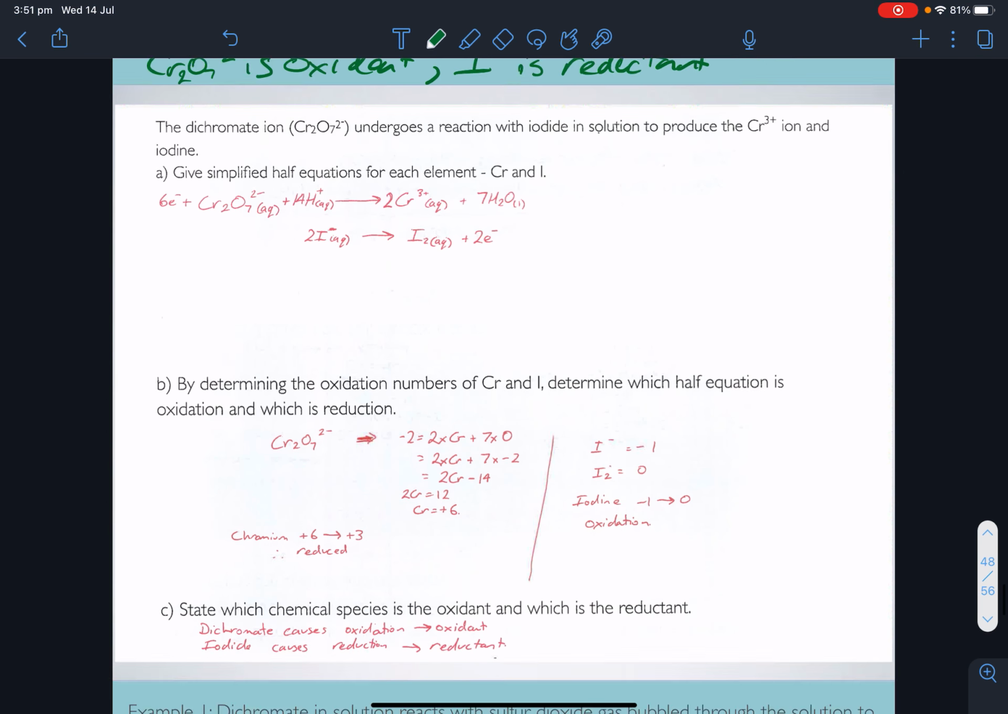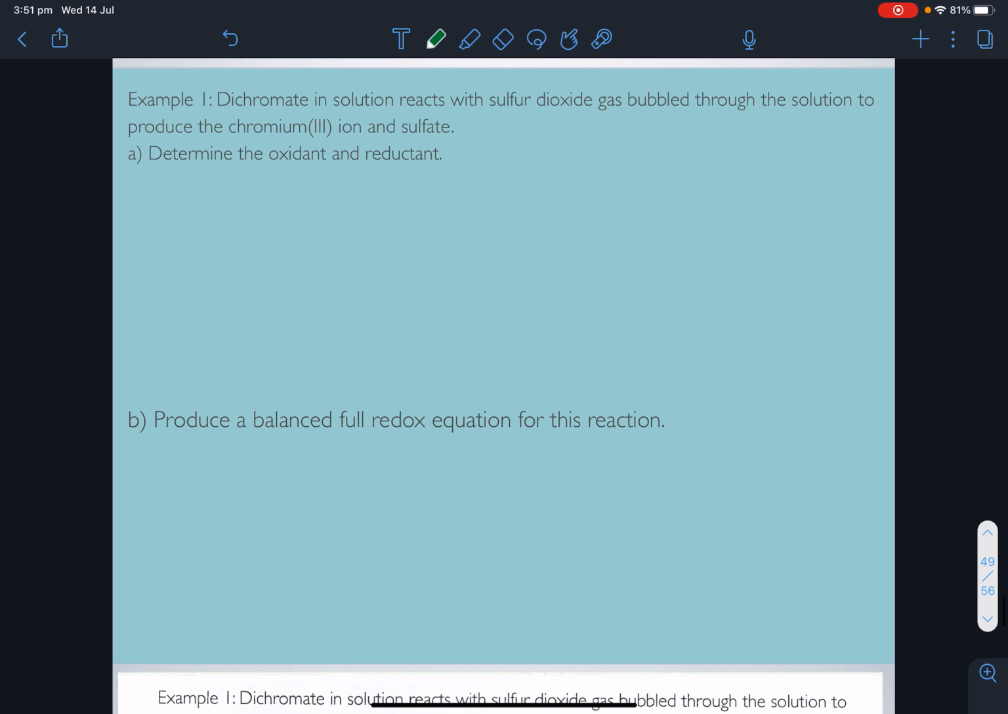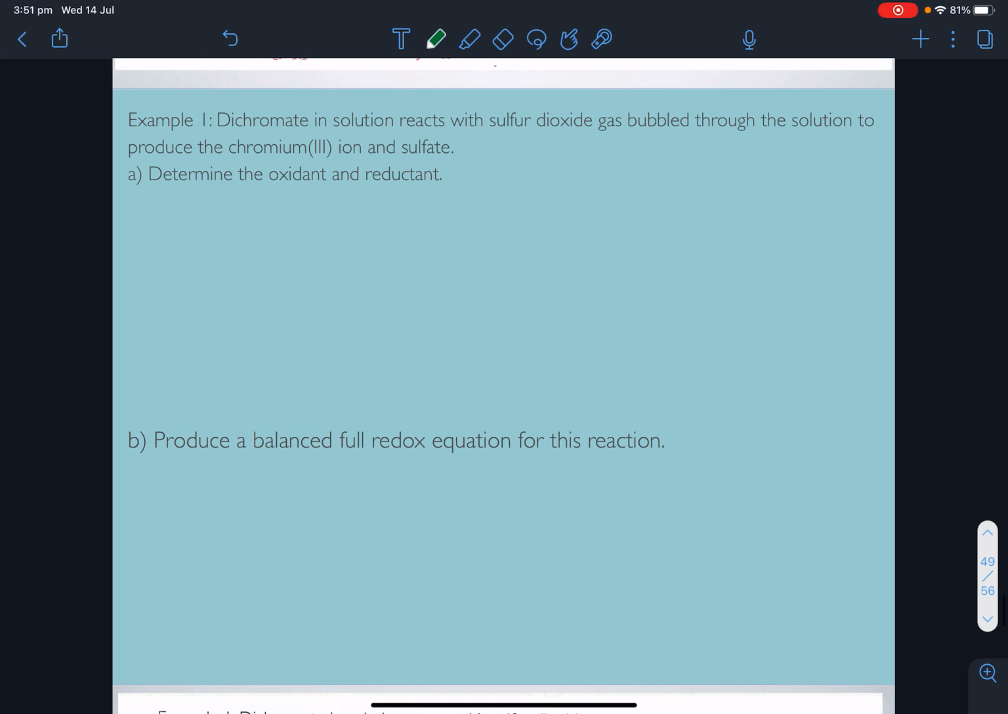Oh, look. There's my previous working. Okay. Let's scribble on here. Let's do this one. Dichromate in solution reacts with sulfur dioxide gas. Bubble through the solution to produce chromium 3 ion and sulfate. Okay. Determine the oxidant and the reductant. So dichromate,